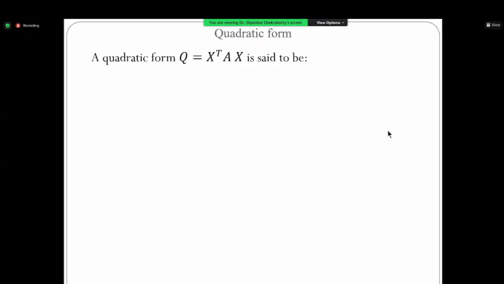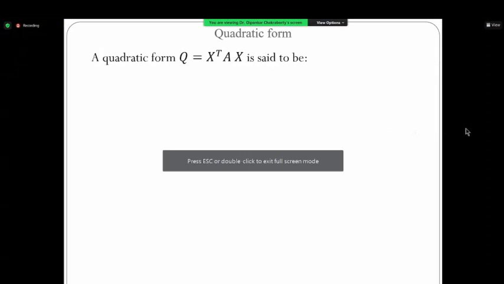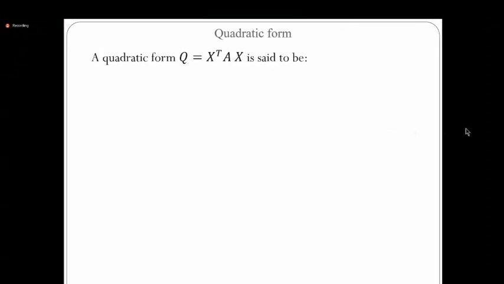Form, and later on again I'll move to the Hessian matrix, and I'm going to link these two, to show how this Hessian matrix will help us understand the nature of the quadratic form.